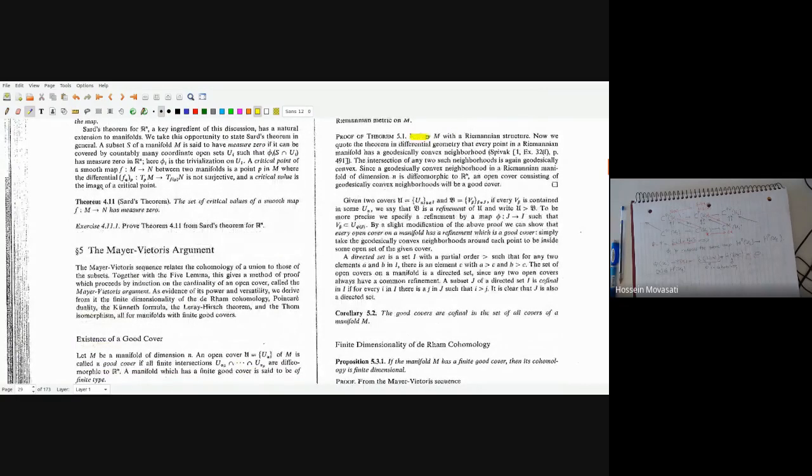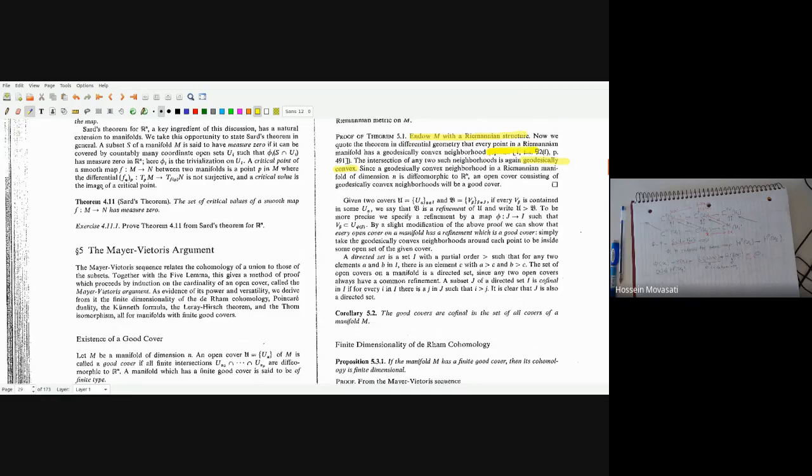And so the idea is that any manifold will have a metric. Once you have a metric, you can talk about geodesically convex balls in this manifold, and it turns out that the intersections of geodesically convex open sets in M are still geodesically convex, and then it uses the results of Spivak,